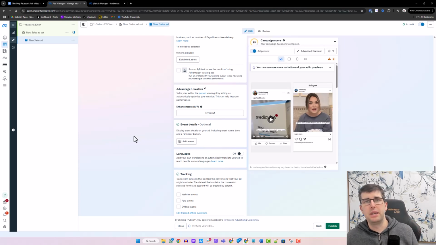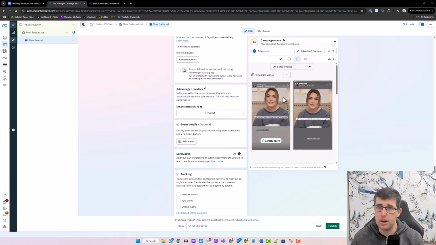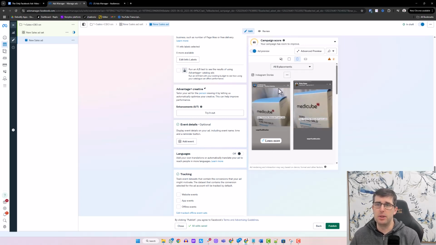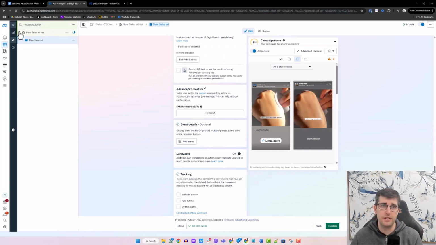Because you want to focus on it being an AI UGC, and the most important thing with that is you want to focus on its placement being optimized for mobile. You can see this isn't 100% optimized for mobile. It's a bit of a test, but for AI UGC to work really, really well, you want to do that. You can see that this was all made by AI UGC. If I had my system audio on, you could tell that way.